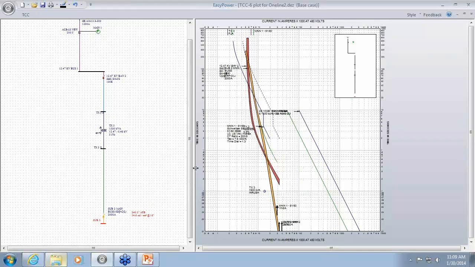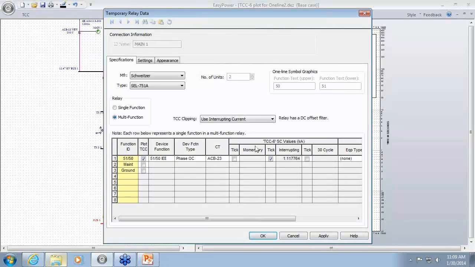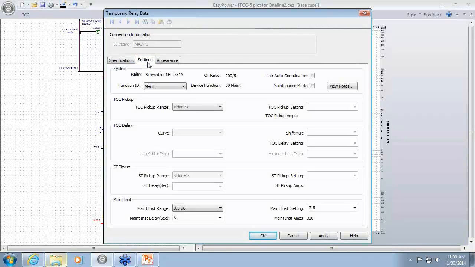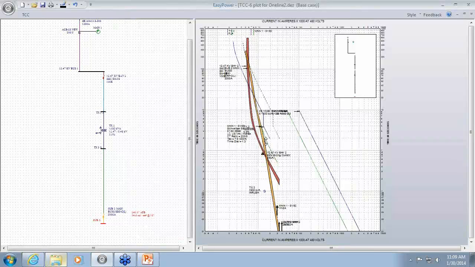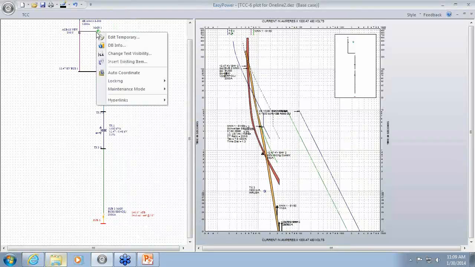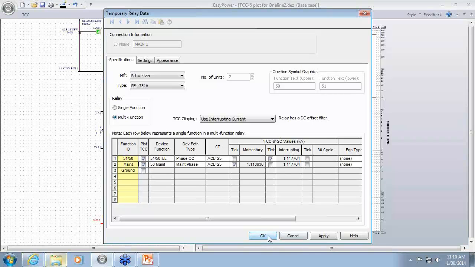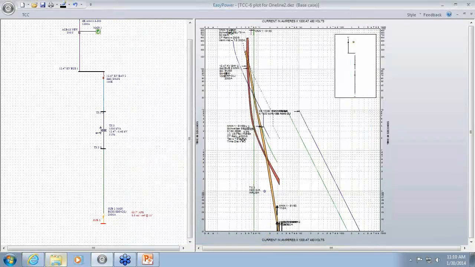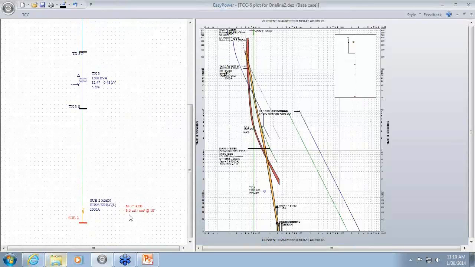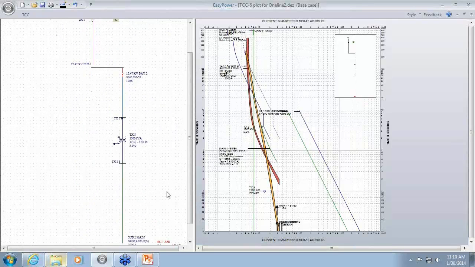But if we show where the arcing current is here, 492 was the maximum that could be set for the maintenance mode. So if we go to the maintenance mode, 300 is what it's set at. I'm going to go over here and enable the maintenance mode setting, and then plot that. So you can see that with the maintenance mode setting, it dropped it to 8.6 calories per centimeter squared,